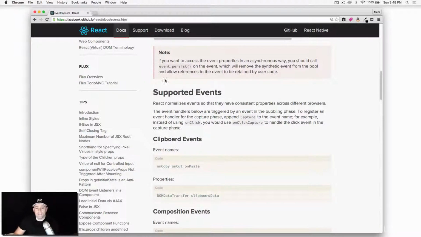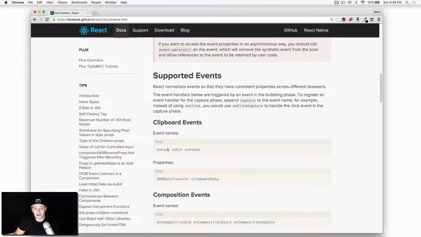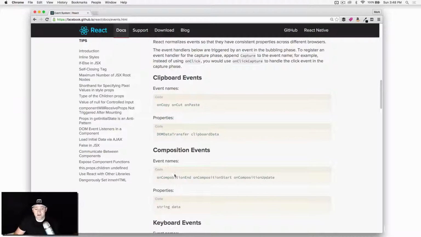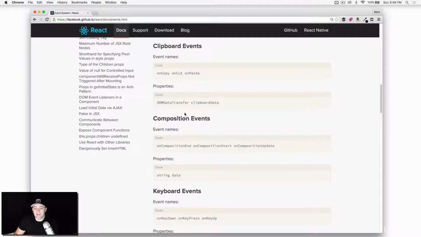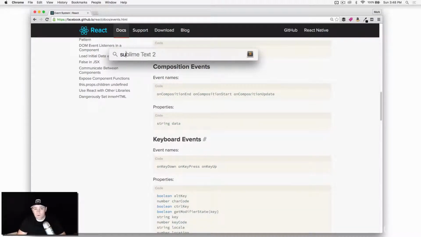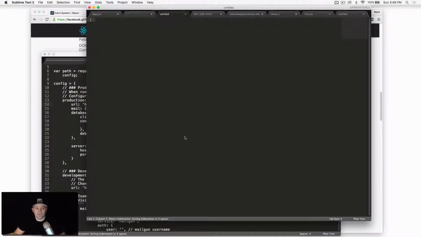So we support clipboard events, onCopy, onCut, onPaste. Composition events, onCompositionEnd, onCompositionStart. Remember, these are HTML events that you can just look up on the W3 reference on the internet, and it explains what they do. Keyboard events, onKeyDown, onKeyPress. Maybe you're not understanding, well, what does this mean exactly? Well, let's just